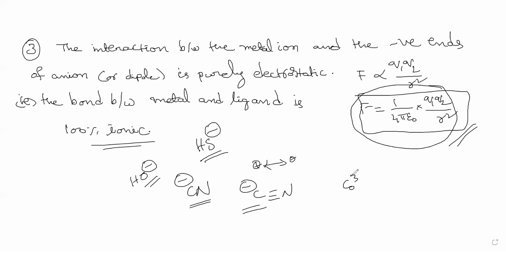Suppose I have cobalt 3 plus. I am taking the example of cobalt 3 plus itself. This cyanide molecule, the negative end is interacting with the positive end like the Coulombic interaction. That means Q1 is +3 and Q2 is -1. And again, you can put this formula and utilize that. That's how they are talking. Are you getting this? Is this clear, ma'am? Yes, sir. Okay, good. So that's why we talk about it being 100% ionic. So that is case 3.